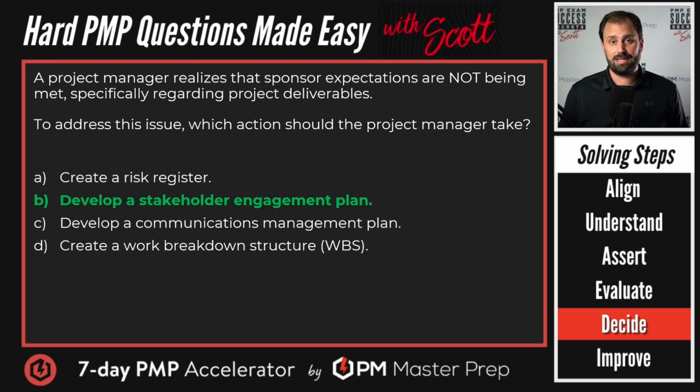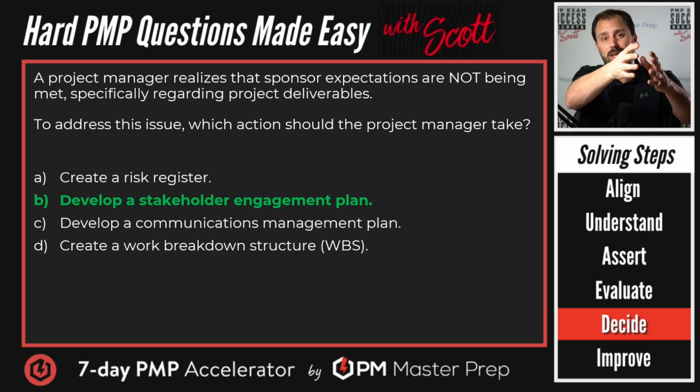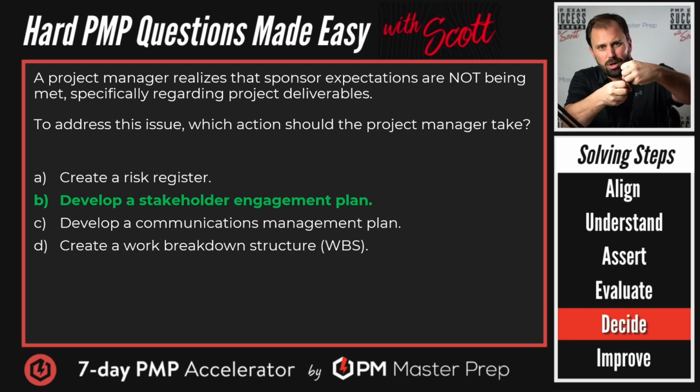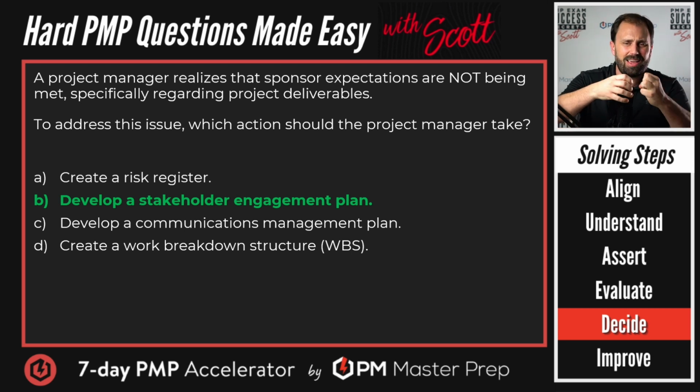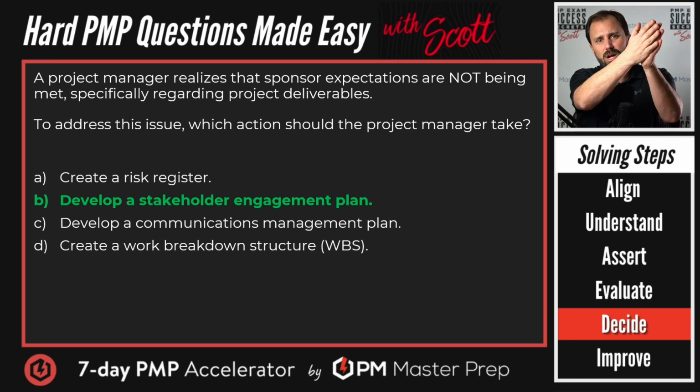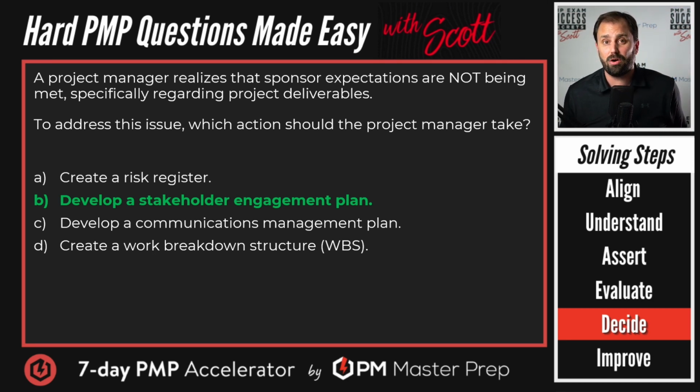Boom. PMI says yes. So this is how we're going to identify the strategies and actions that we're going to do to work with, communicate, engage and work through, kind of like taffy. We're pulling it back and forth to make sure that we have agreed-upon alignment with the people that matter, and we have them in the right positions that we need them, mentally in support of the project. So that's what we're dealing with here. Their expectations are not in alignment with what we have now. We've got to get through there, pull it out, figure it out, work through it. And that's all about engagement. So that's what we want to do here.